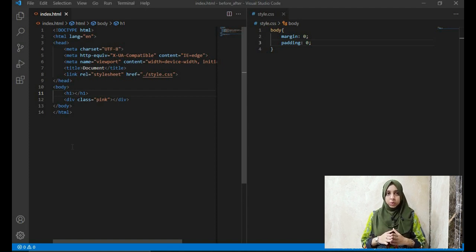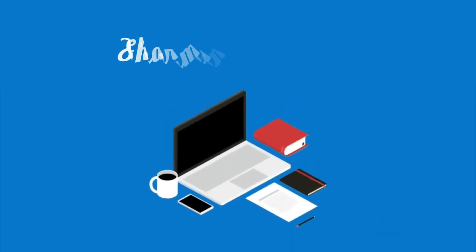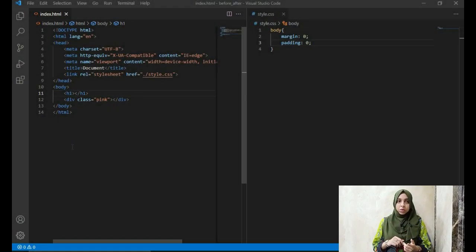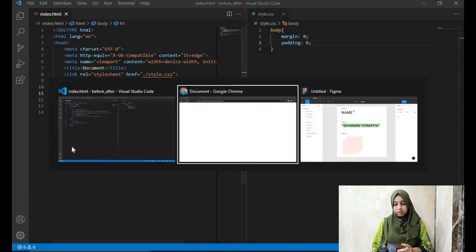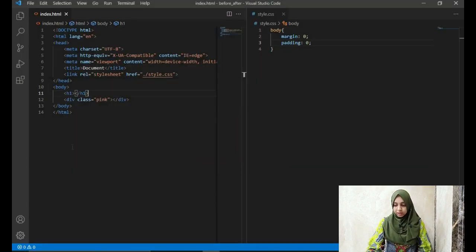So without wasting time, let's actually do it practically and see what exactly pseudo elements are and how you can use them. Okay, so first I'll be explaining to you guys what exactly pseudo elements are and how you can use them, and then these are the three examples that we'll be looking at, okay, once we know what pseudo elements are. Alright, so yeah, let's start with learning what pseudo elements are first.